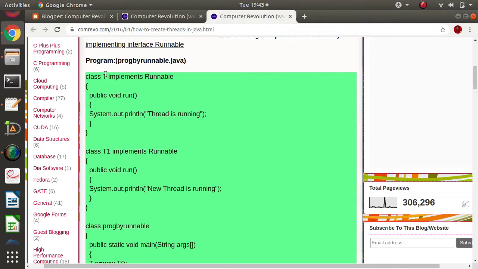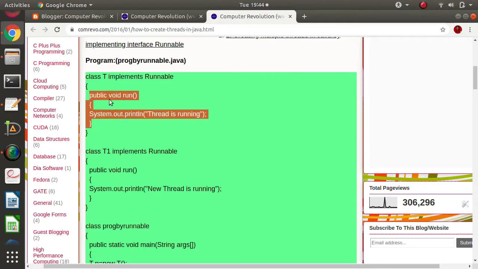So see, this is our class, and here we are implementing runnable interface. As runnable is an interface, all the methods are abstract. Methods are abstract in the sense there is no body written for the methods. This runnable interface provides one method, that is run. We are writing some statements in run method. Whatever statements you write in run method will be the task allocated to a particular thread. That means that thread executes these statements.